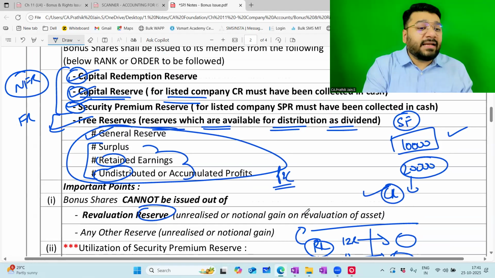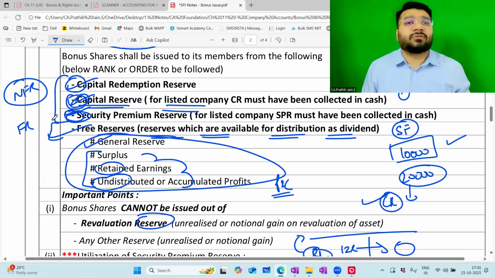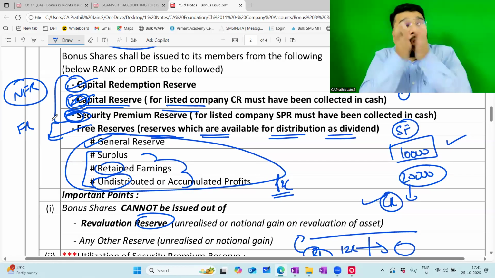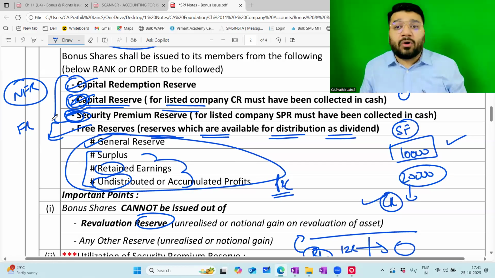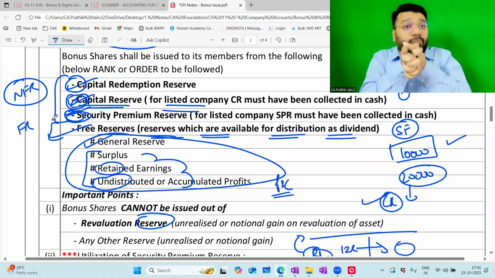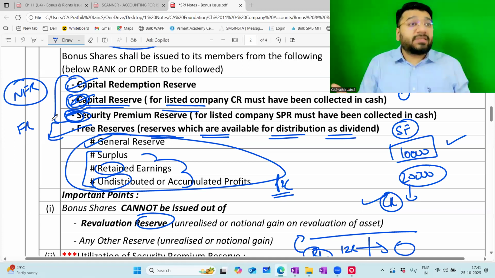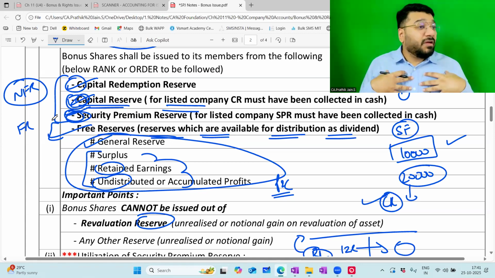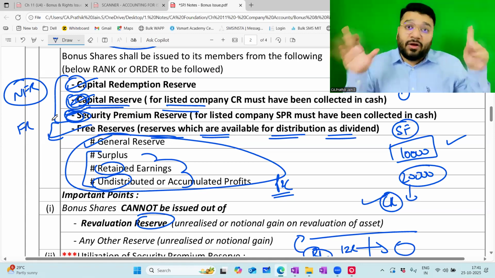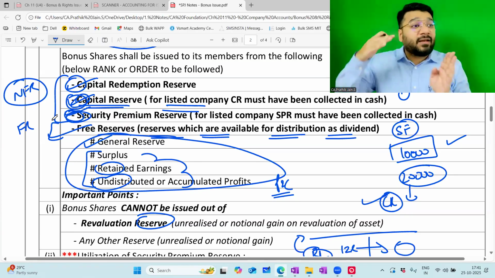Why are they insisting that capital reserve or premium should be in cash? Because that cash is blocked in the capital reserve account and securities premium account, which is restricted. To unblock it, what am I doing? I'm doing a bonus issue. A bonus issue is very good for the company. Whether it is good or not for the shareholder, for the company it is definitely good because they're removing the blockage